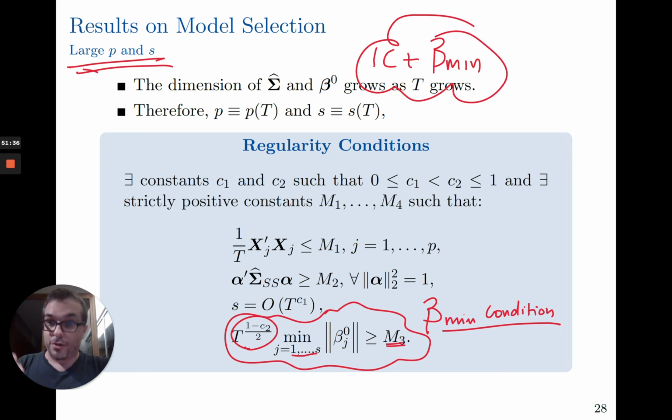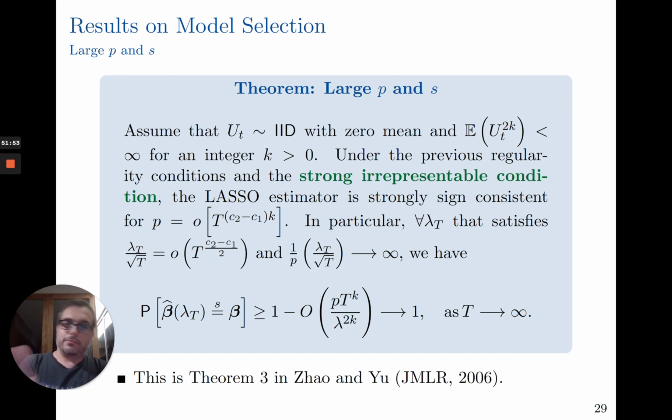This is pretty strong. So if you have small coefficients, you cannot distinguish them from zero. Basically, that's what I'm saying. Okay? So if we have that, then what these theorems say is that you can get model selection